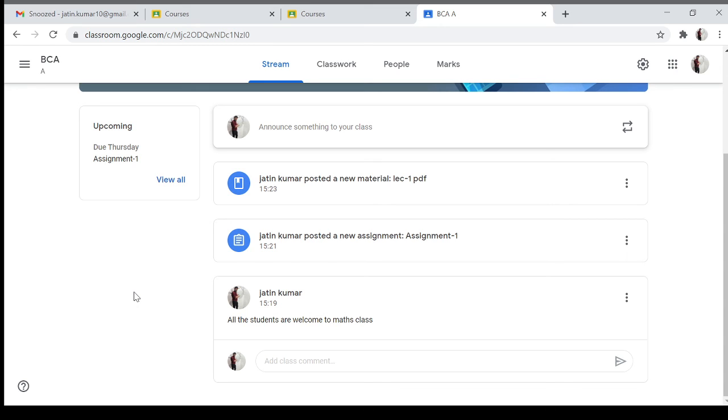Okay, so that is a very good thing: I have to organize the matter, and that will be organized in a single tab. Within a few seconds I can check my data of the last few years. Okay, that will improve the organization. And you can see a teacher can organize many classes at the same time. Okay, there are many more things.